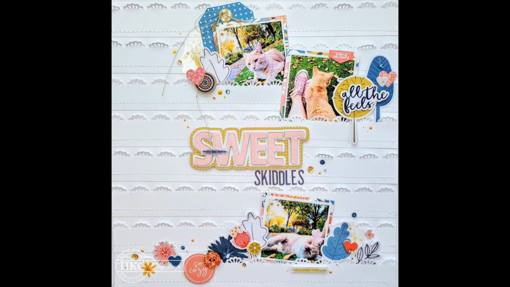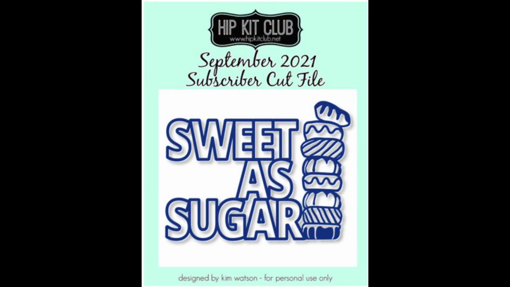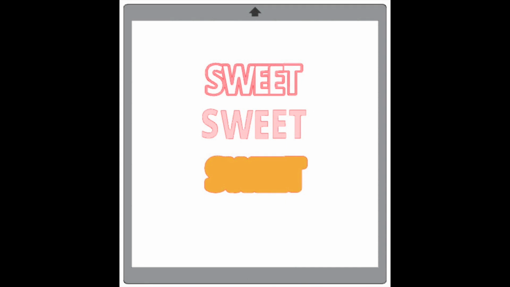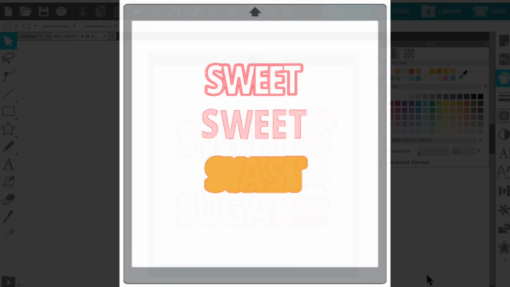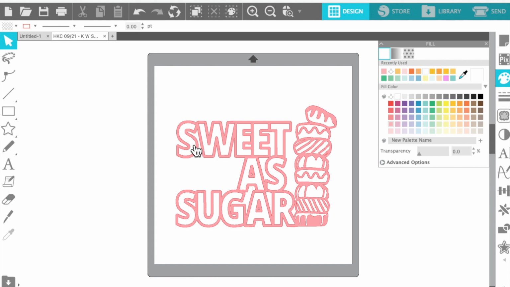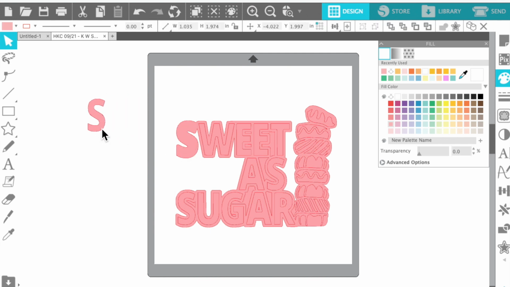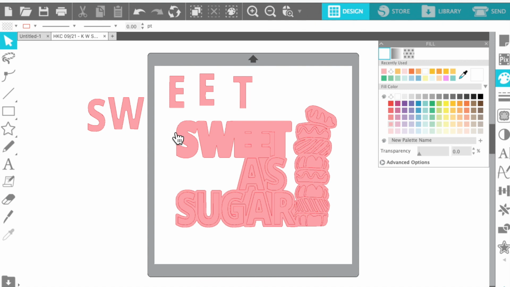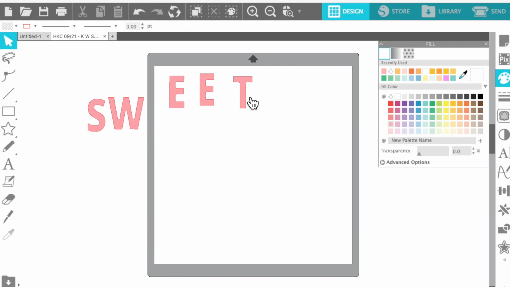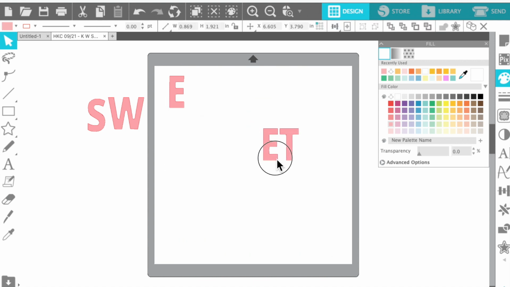It's Kelly. This is the layout we're going to do. This is the cut file by Kim Watson that I'm going to edit so I can just use the word sweet on my layout. So let's head to the Silhouette Design Studio. What I'm going to do first is release the compound path so that I can drag out just the letters in the word sweet. I'm going to erase everything else and line up those letters again,